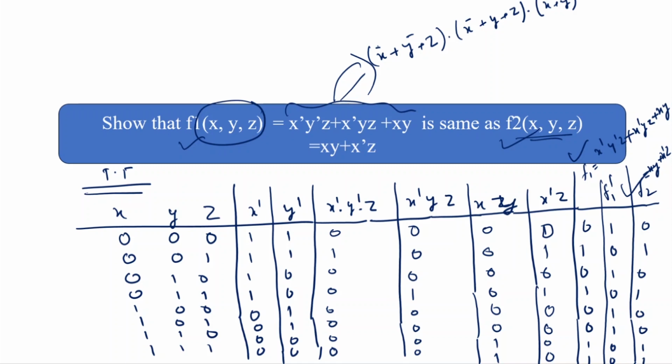And when we obtain it, we simply take the complement of each literal present in the dual. When we take the complement of this literal, that is x double complement, that is x, this is y double complement, that is y, then this is z complement dot, this is x complement, double complement means x plus y complement plus z complement, this is dot x complement plus y complement. Now the question is, this is nothing but the complement of f1.